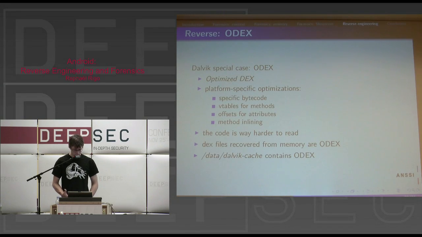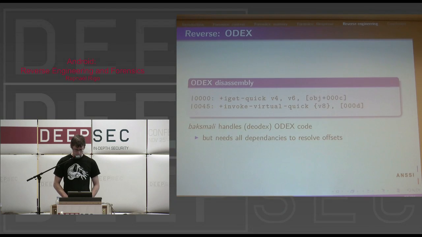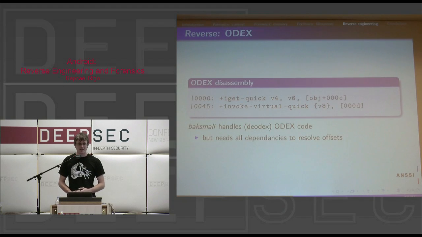But if you try to recover DEX files from memory directly, or if you find some traces in Dalvik cache of an application that is not here anymore, you will have to reverse it. As you can see, this small example shows that attribute access is just the object plus C, so you completely lose the attribute name. It is the same for methods. You only have a reference to a vtable. So the code is really hard to read, and you would have to do a manual lookup every time